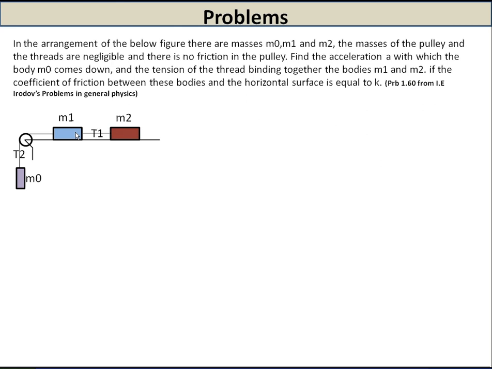So let's draw the free body diagram of the mass m2. As you can see, the forces acting on this mass m2 are its weight, which is m2g, and since it's kept on a surface, there will be a reaction which will be equal to the weight. So I put down the reaction as R equal to m2g. Since these two are exactly equal, there will be no vertical motion.